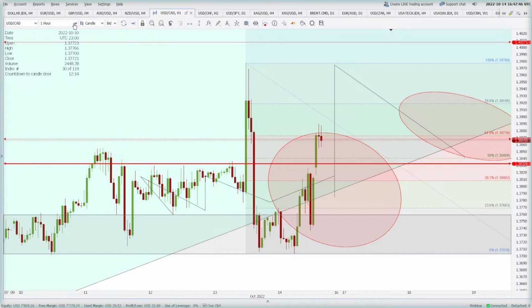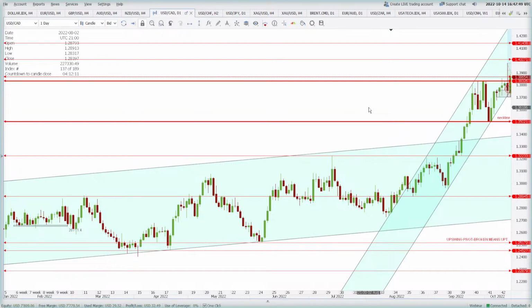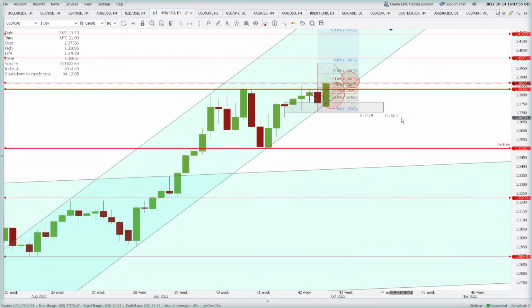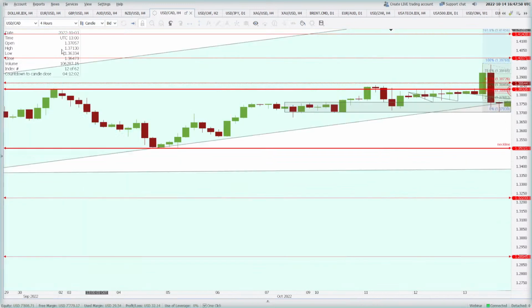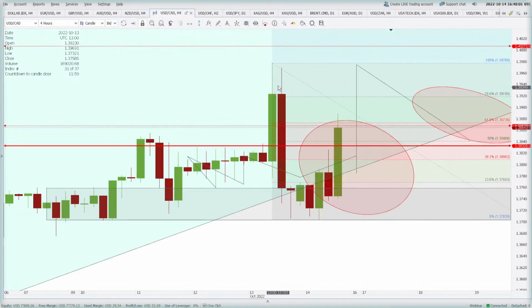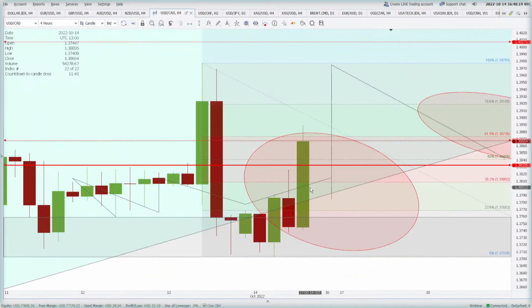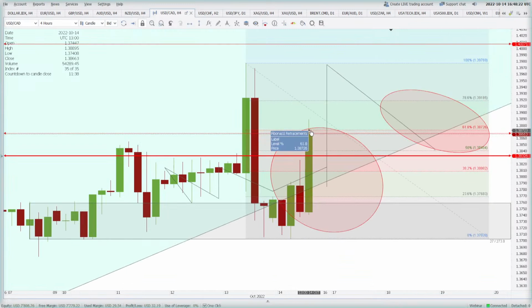USD CAD, a very good move in the 1 hour. Let's see on the daily. Daily not bad, but right into the resistance. All right, I have intentionally put this, but I will show you on the 4-hour. That is better. So yesterday we saw a bearish move from here till here. Actually, it continued till here today, although it was only till here yesterday. And we were looking for a price action signal where we can look for a sell trade in this one. Of course, the sell trade has come because the price has tested the 61.8%, and it is not able to go beyond that because the price has come back below this one,